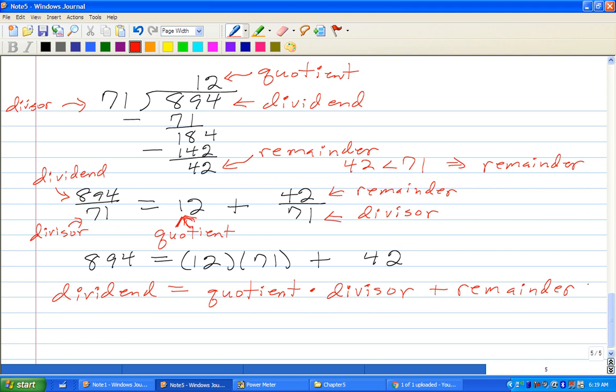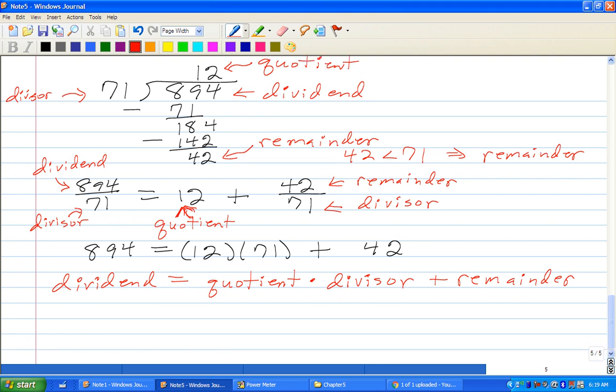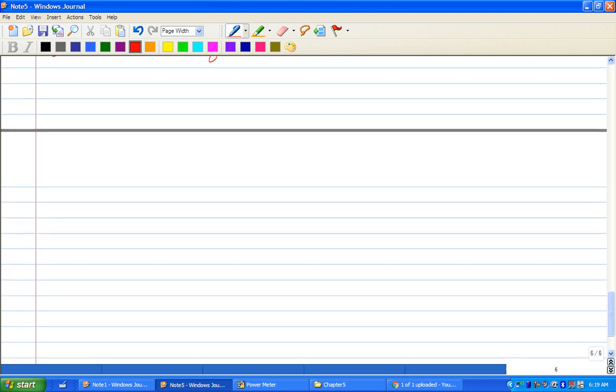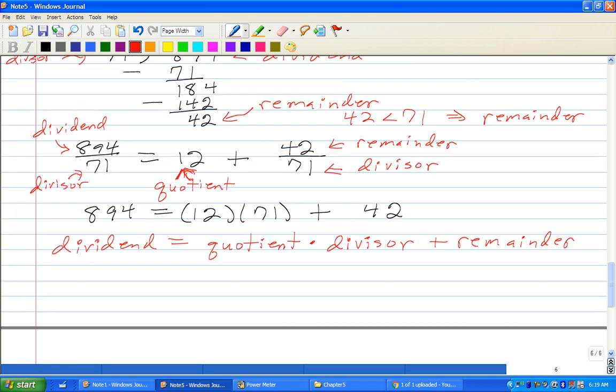So that's your division algorithm. Well, it turns out that the division algorithm works not only for natural numbers, it also works for polynomials. And so let me write the division algorithm